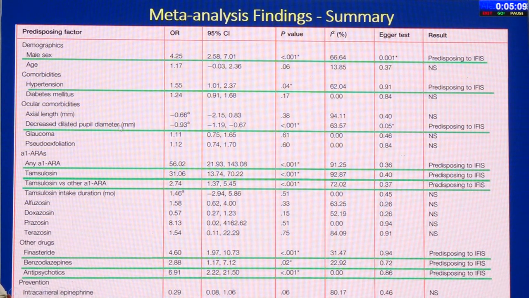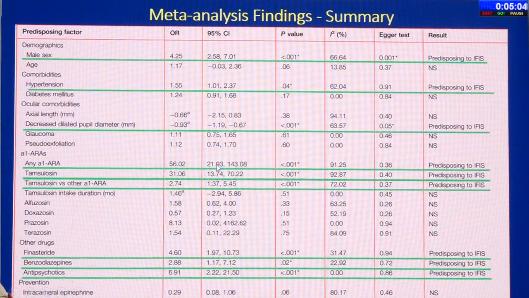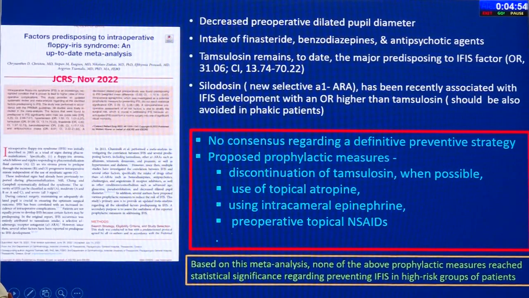And another concept that came up was decreased dilated pupil diameter. I find it extremely important, and that is my sole criterion today as to how we go ahead with an IFIS candidate. And again, in the antipsychotic medications, etc., etc. So another interesting